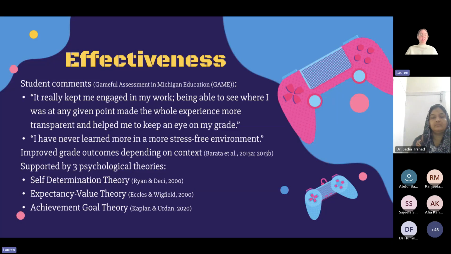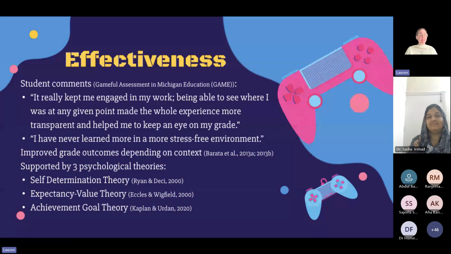And the third is achievement goal theory. Achievement goal theory is a theory that more or less says that people move through a process where they are learning how to differentiate between effort, task difficulty, and luck.